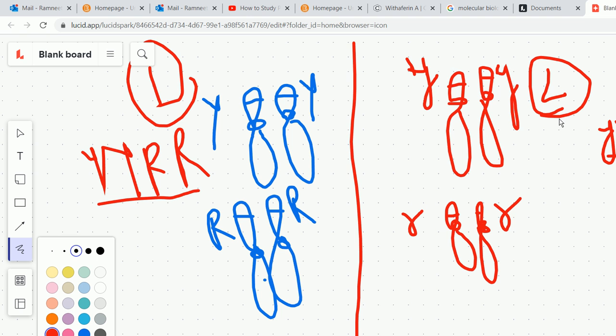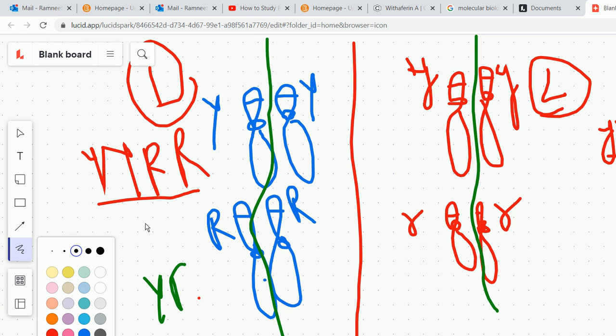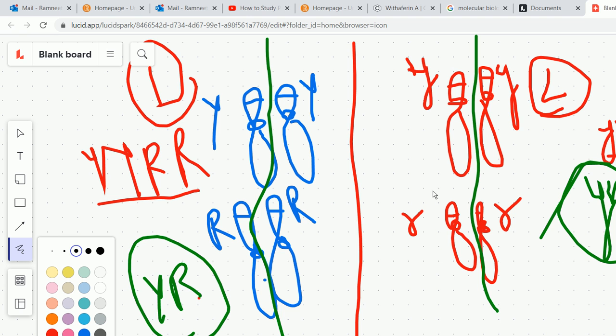Now when the meiosis takes place, it is going to be the separation of the chromosomes. So in the meiosis of this plant, these chromosomes are going to separate. Okay, so in the meiosis, this plant is going to make all the gametes capital Y, capital R. All gametes are going to be like this. For this plant, all the gametes are going to be small y and small r. All the gametes are going to be like this. Okay, when this plant fuses with this plant,